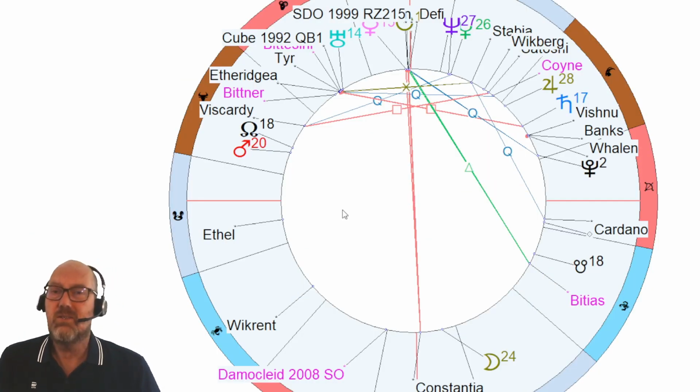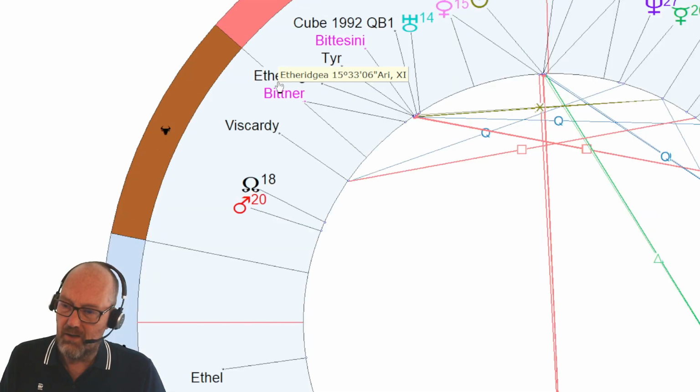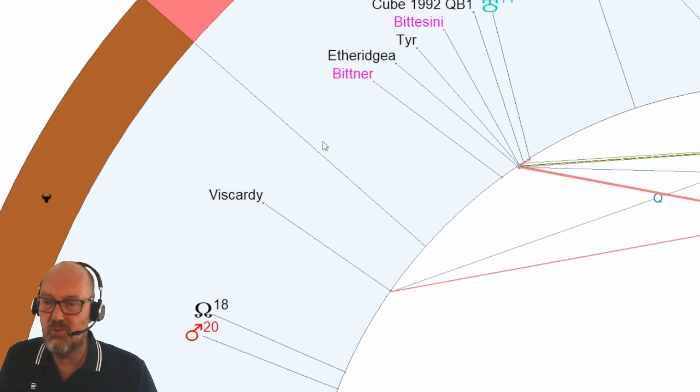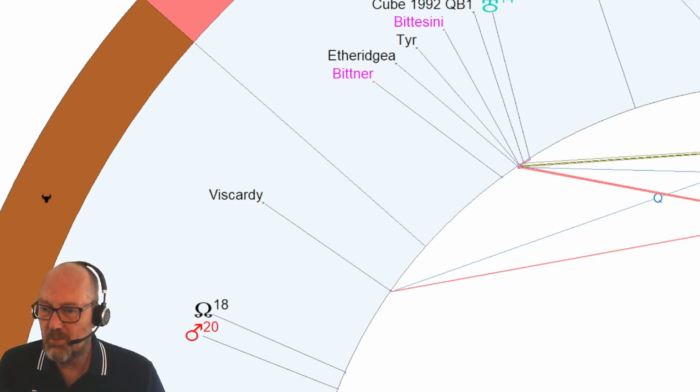Again, this is an example of how the Bitcoin asteroids are relevant for the whole ecosystem. This one, for example, is really an ETH asteroid. Where you go here, and you see that it is conjunct Bittesini and it is conjunct Uranus, which is a whole story by itself. But of course, we have our friend Benjamin Adema, who will add some extra spice to this story. And what does that cube tell us?